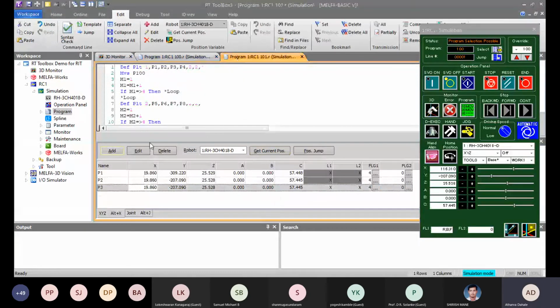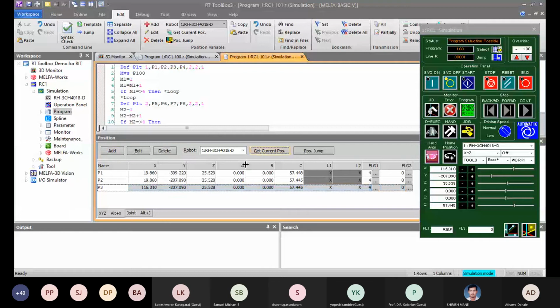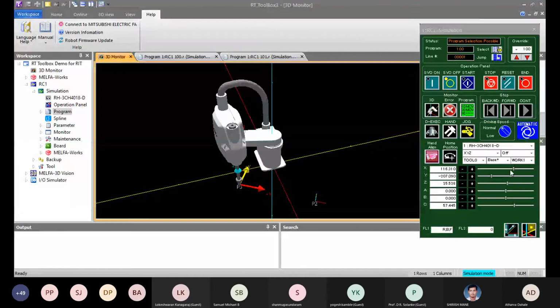This is my P3 point. Let's see. So this will be my P4 point.